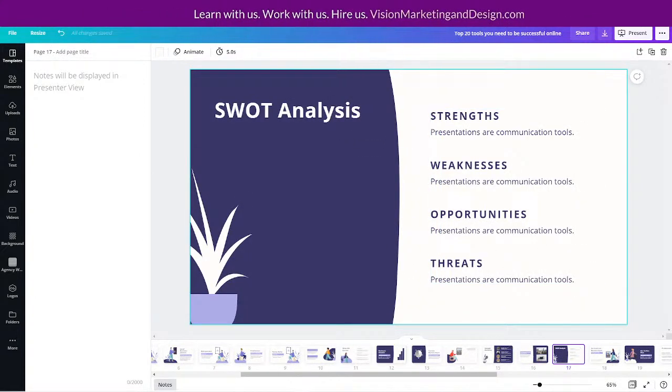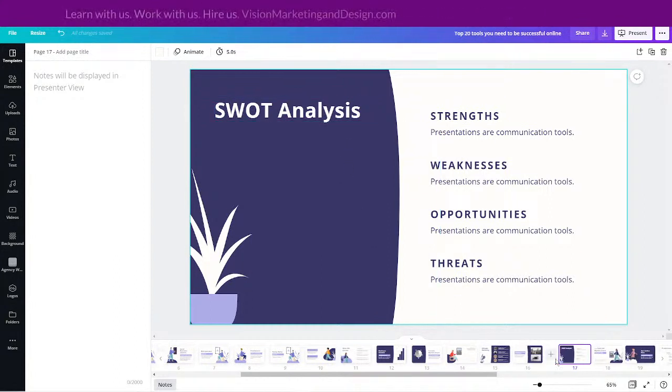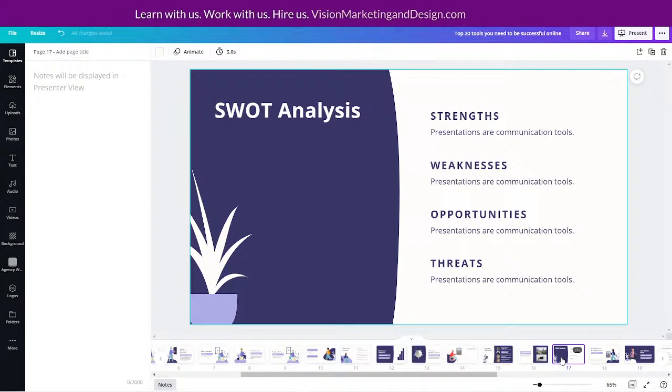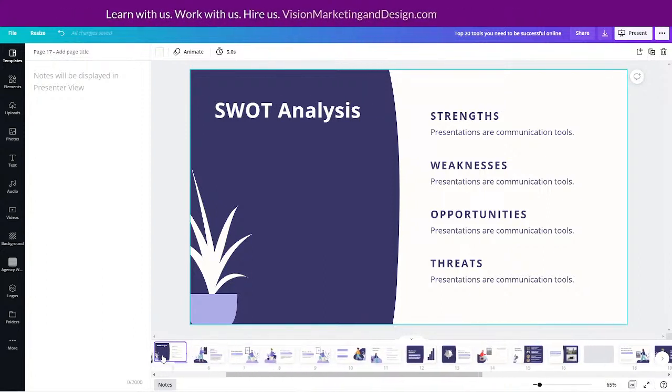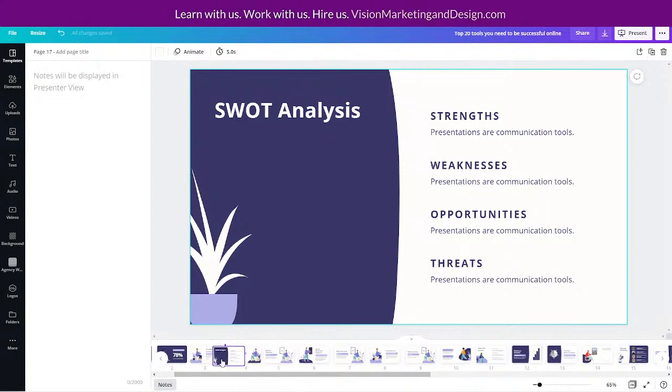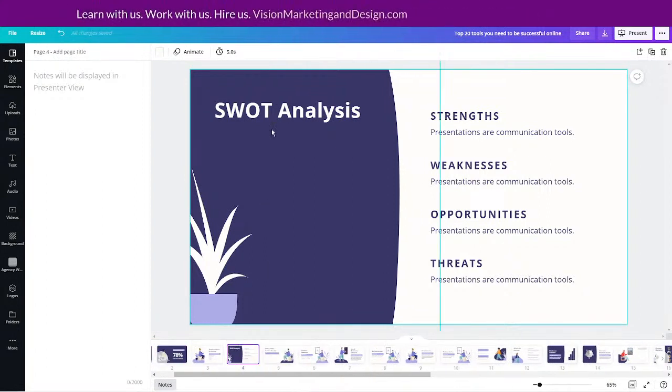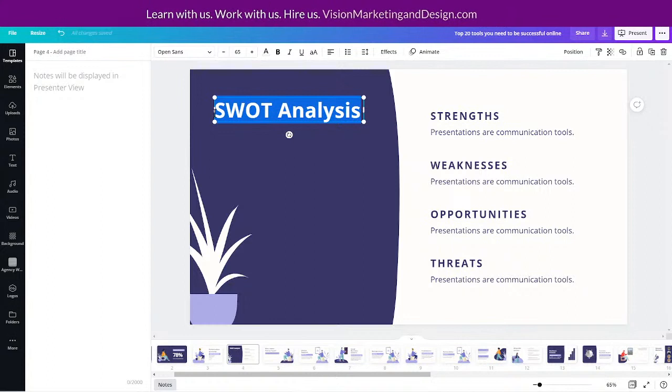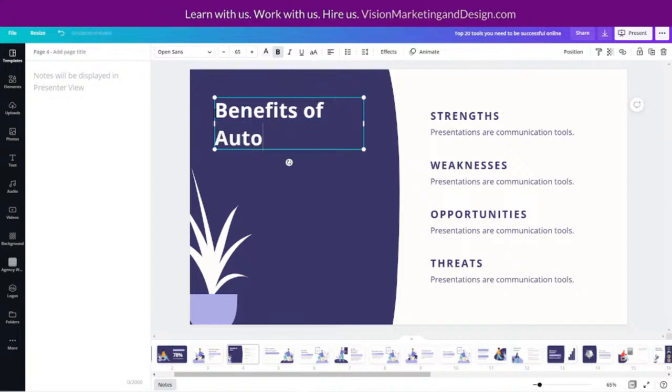Here's another one. If we had maybe multiple benefits, maybe we want to talk about, I kind of like this one for the customer journey or when we're talking about marketing automation. So I'm actually going to move this up to the front because we may use that there. And since I'm thinking about it right now, I'm going to just type in here, benefits of automation.